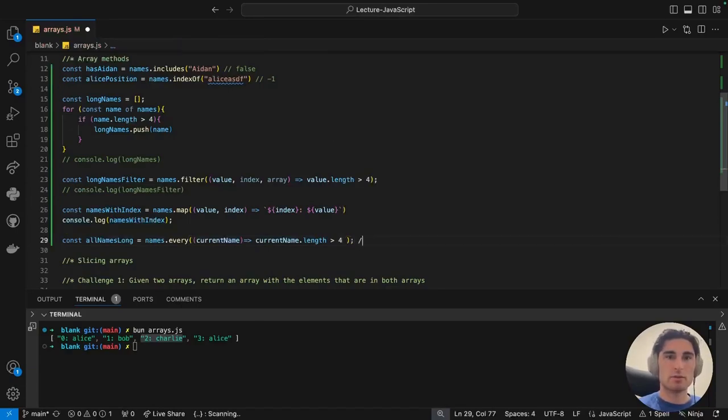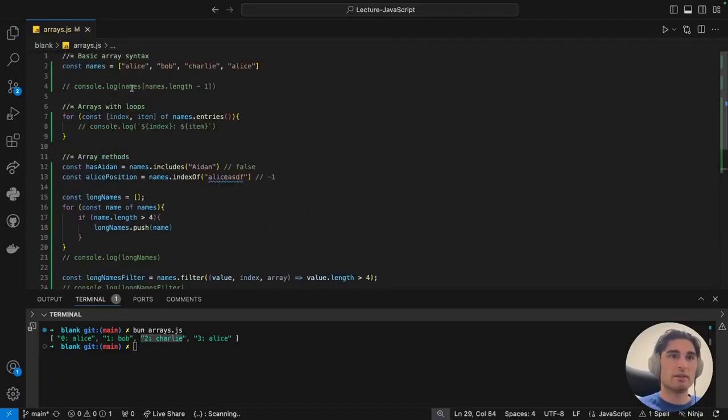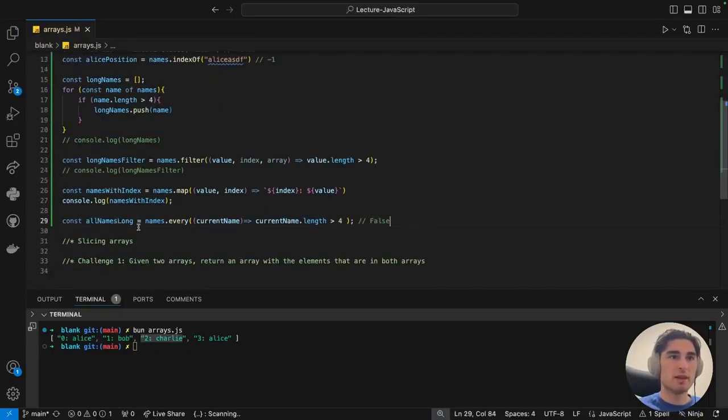This is going to return false because we have Bob, which has a length of 3. But if we didn't want to check if all the names are long, we just wanted to say some of the names are long, then we could change this to .some, and this will return